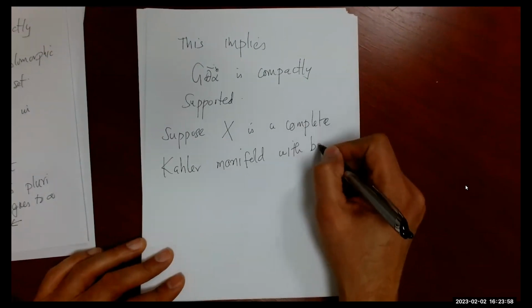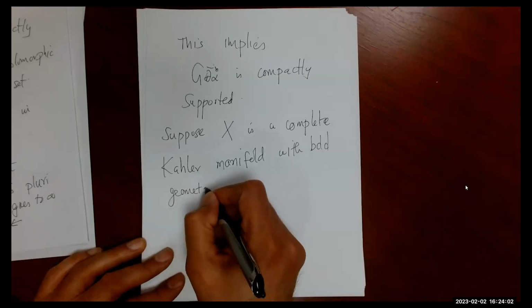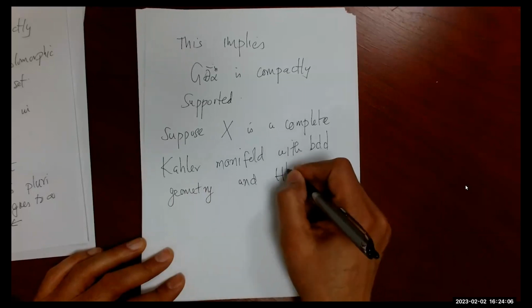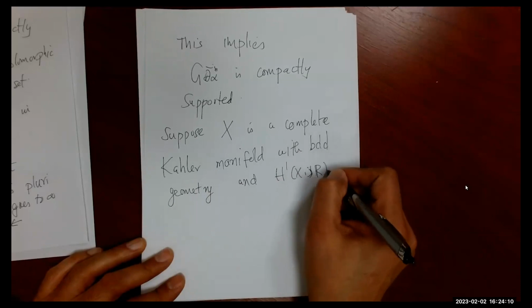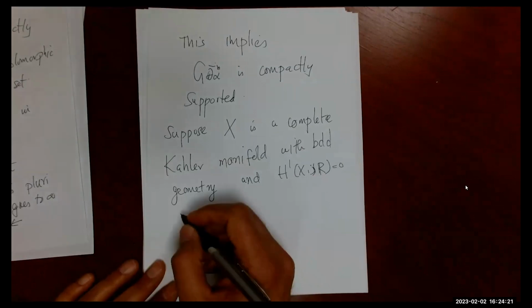That just means largeness at infinity. And let's say H upper 1 of X is 0. So remember that the compactly supported cohomology vanishing is mutually exclusive with respect to mapping properly onto a Riemann surface. So we get